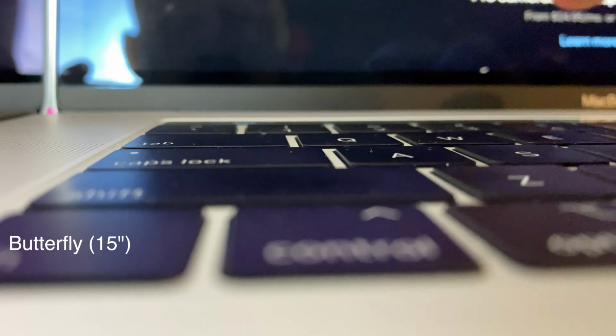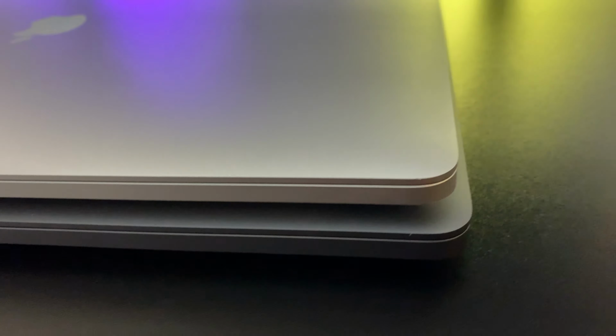Not to mention the countless problems the butterfly keyboard had. A minuscule amount of dirt or dust could get in the keyboard and ruin it completely, creating what people called sticky keys, either registering a letter 2 or 3 extra times or not registering it at all. I never personally experienced this, but I had a couple of friends that did, and they were absolutely livid, and rightfully so. The keyboard makes up an enormous part of the notebook experience, and if you can't efficiently type, then